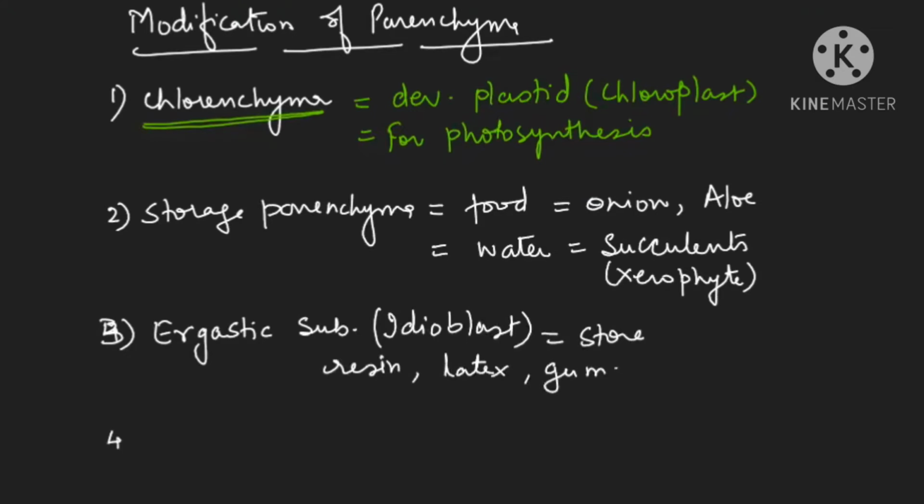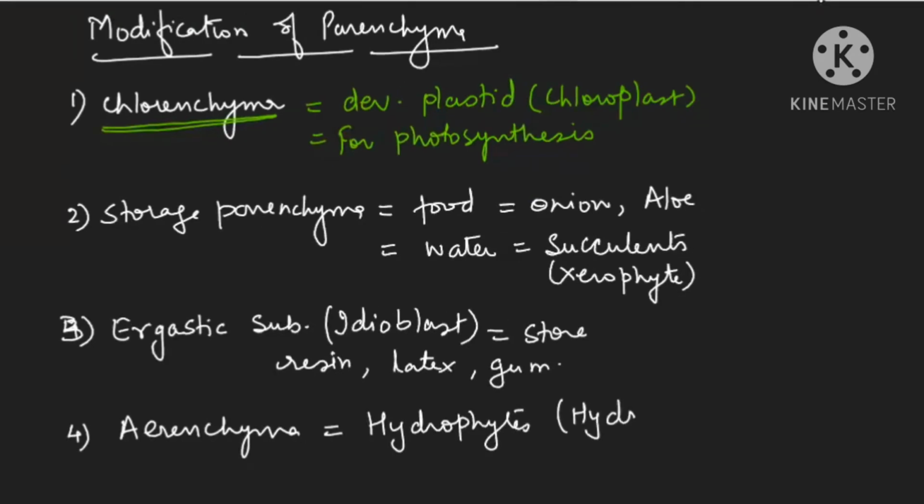Okay, now if suppose they develop intercellular space too much, then we call them as aerenchyma. And aerenchyma is generally seen in hydrophytes. Hydrophytes are those plants which are found in the aquatic habitat. Example is your hydrilla or Vallisneria. But one example of terrestrial, this is again a competitive point, one example of terrestrial which is having aerenchyma is your banana. Okay, so these are the few things which we are finding that they are having the modifications.